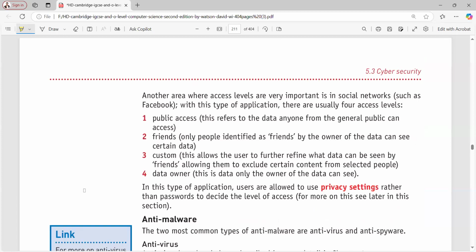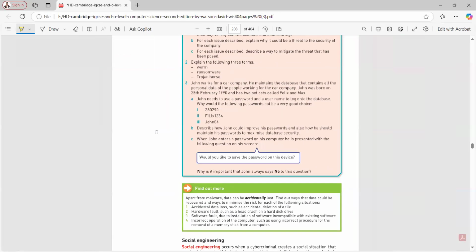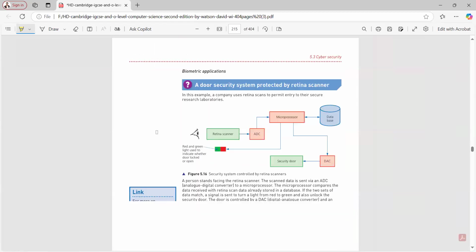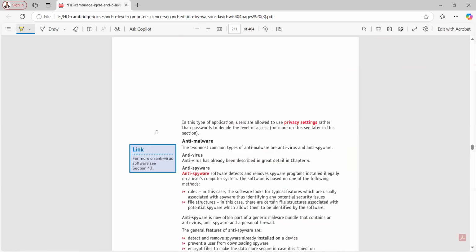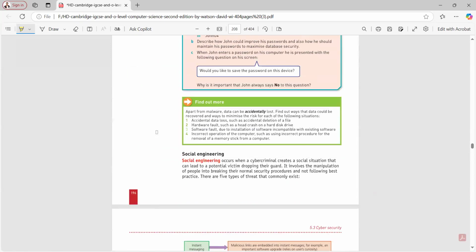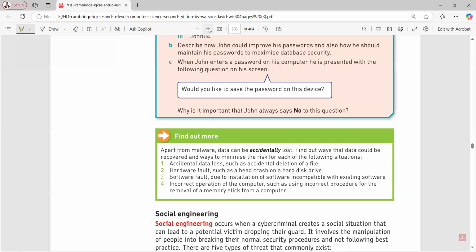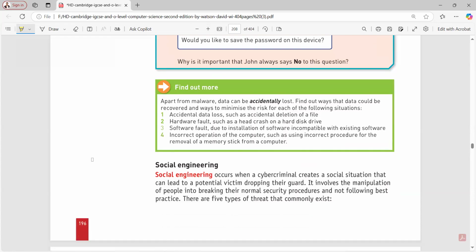So that's it. After that, I have a very small topic that is known as social engineering. Social engineering basically occurs when a cyber criminal creates a social situation that can lead to potential victims dropping their guard, or it can involve breaking the normal security procedures as well.